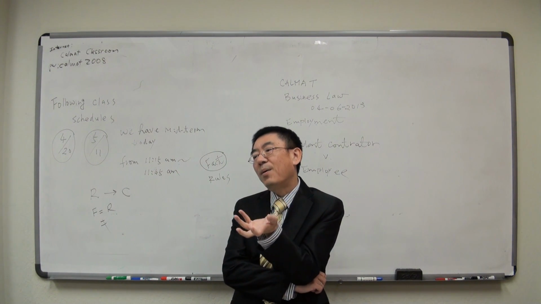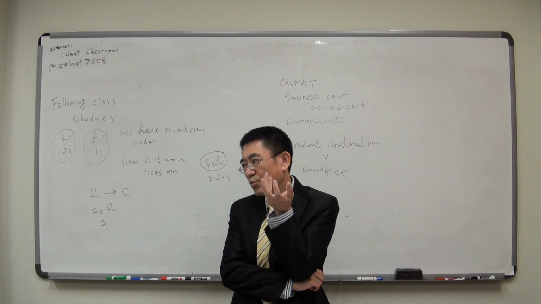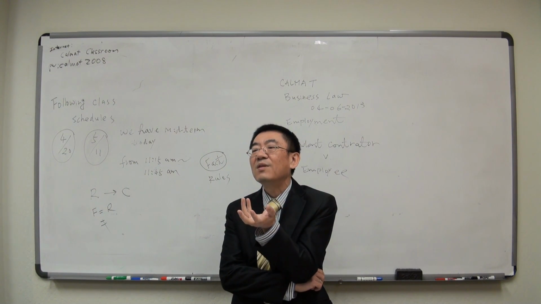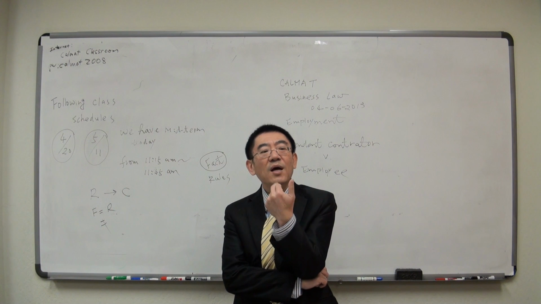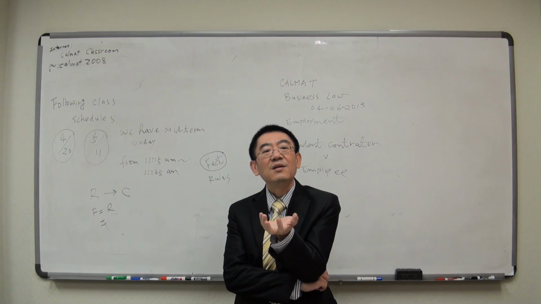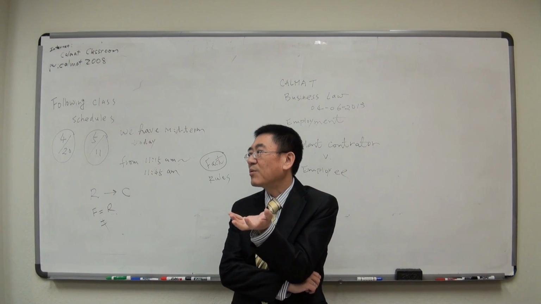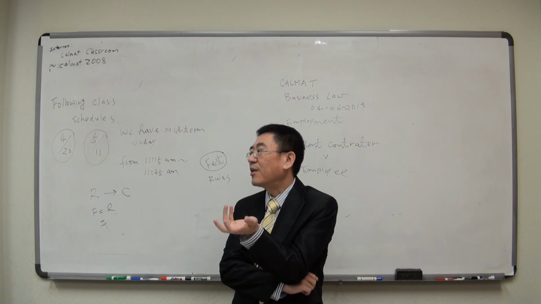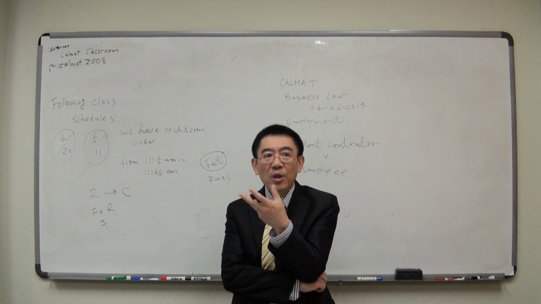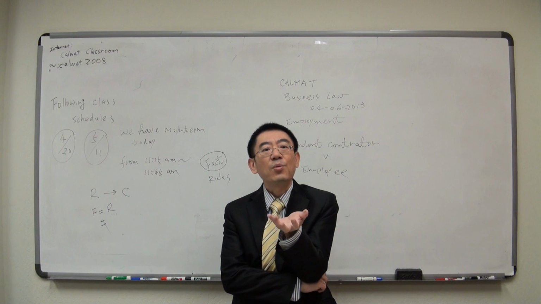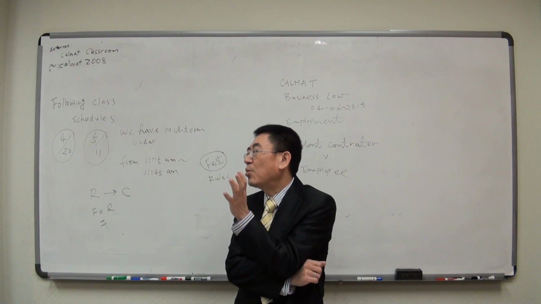But the risk of zero inventory is, when the order comes in, if the market is short, you cannot deliver. Probably you're going to ruin your reputation. But assuming everything is running very well,